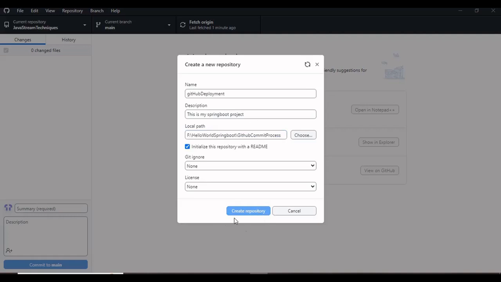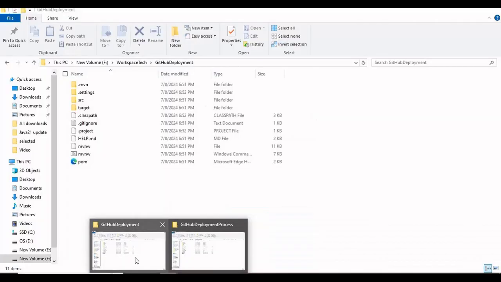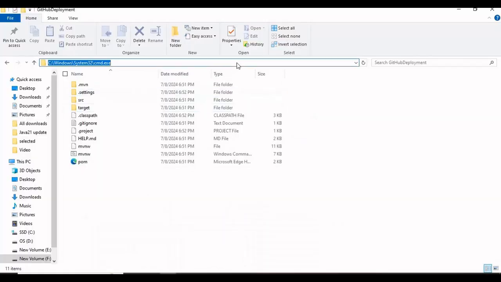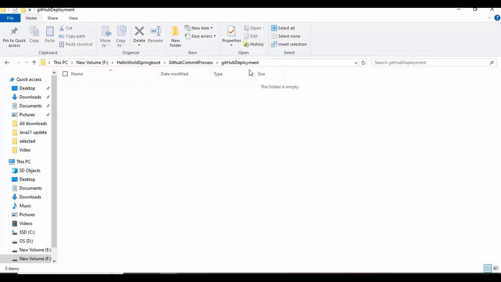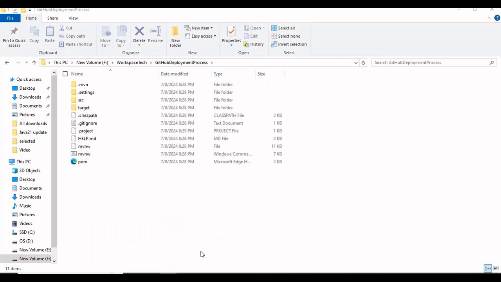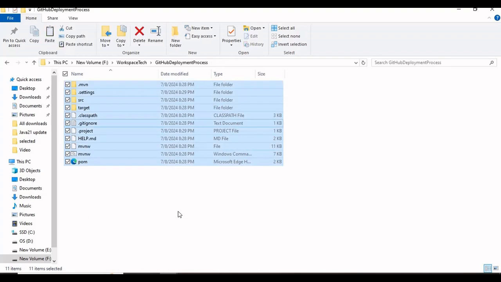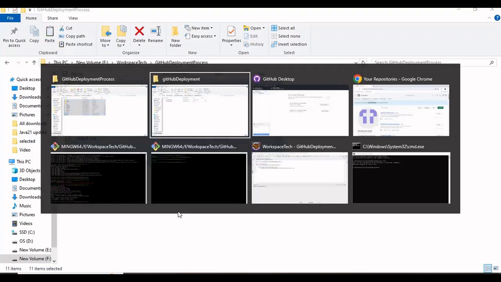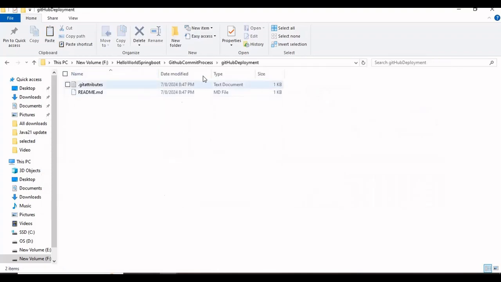So if I create this repository, you will see that if I go to this path that I have copied just now, a folder is being made with this name, right? So what you have to do is you have to simply copy your code, and go to this new destination where you have made this project.